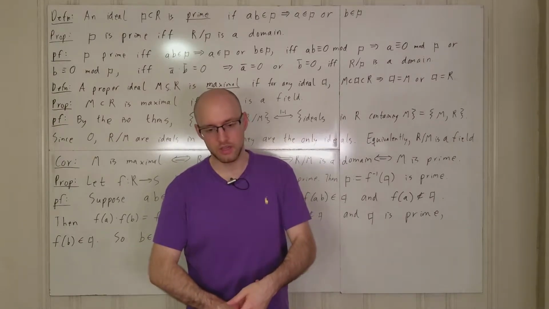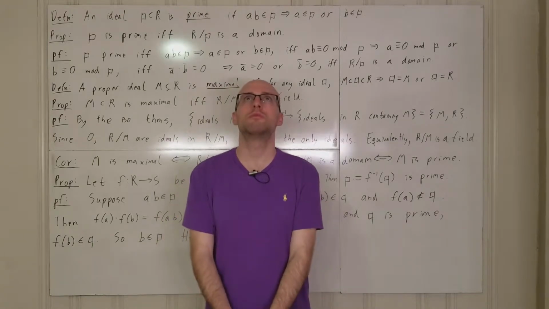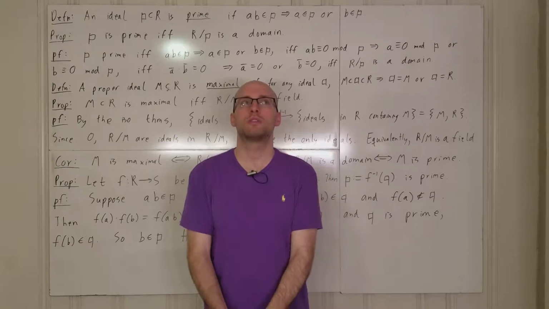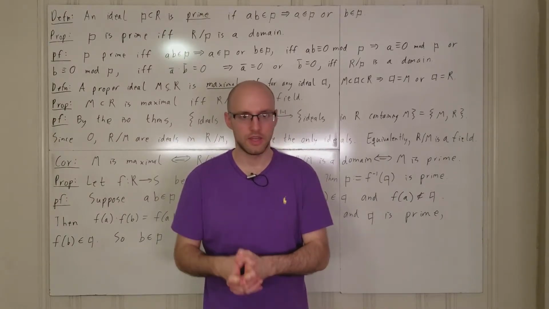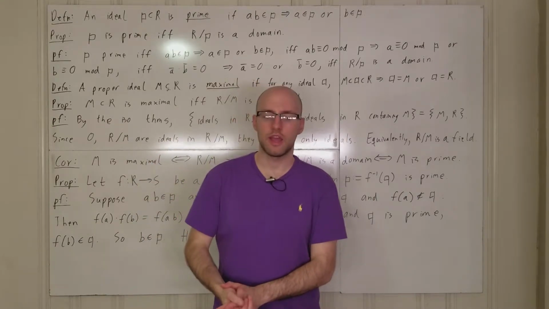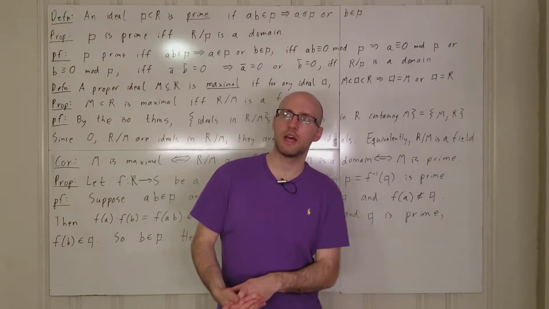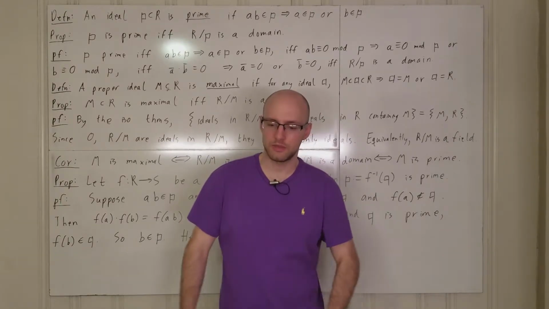Now, what do we do? We want to prove that this is a field. So what we do is we consider the ring generated by... you choose some non-zero element A in our ring R, and we want to prove that this element has a multiplicative inverse. So what we do is we take this